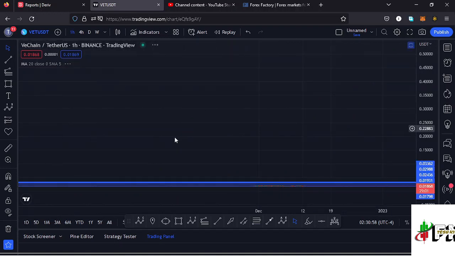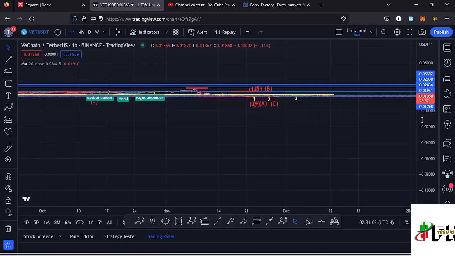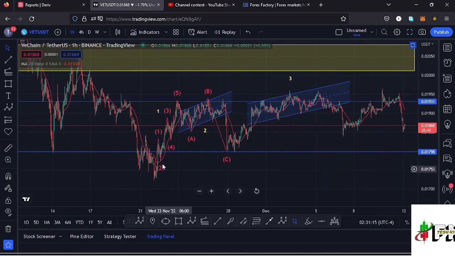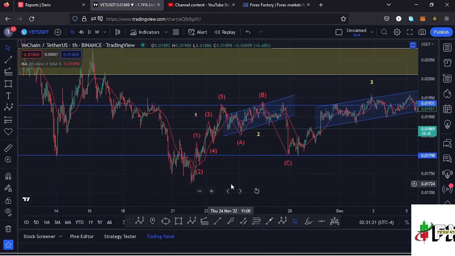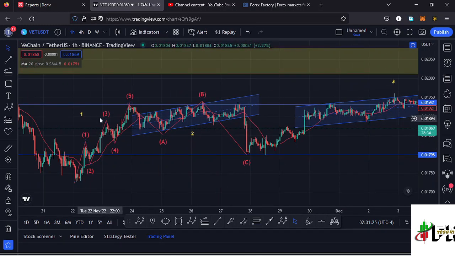for further analysis and also give you the short-term scenarios that I'm expecting to play out here on the Vechain chart. Here on the 1 hour chart, you can see after making our low at around the $0.017 mark, we have been seeing a very nice bounce to the upside in a movement that has been obeying the Elliott wave structures, and you can see I have this Elliott wave structure in red, which is a fractal wave completing the formation of a higher Elliott wave count 1 to the upside.